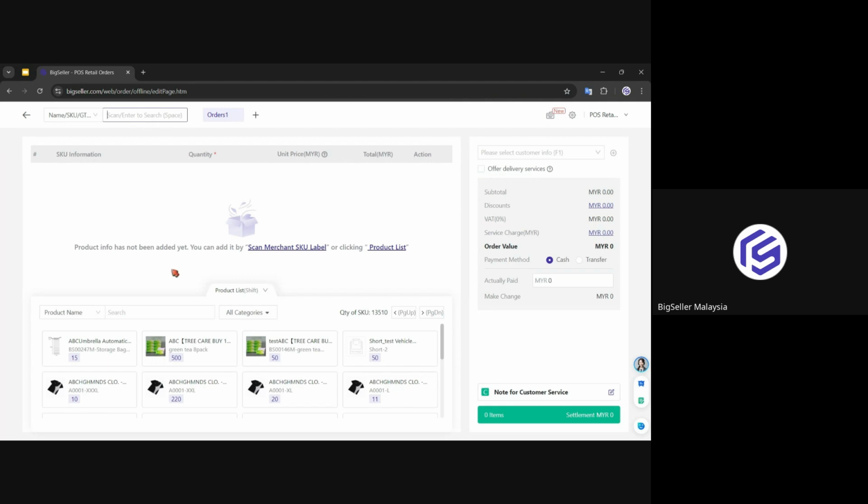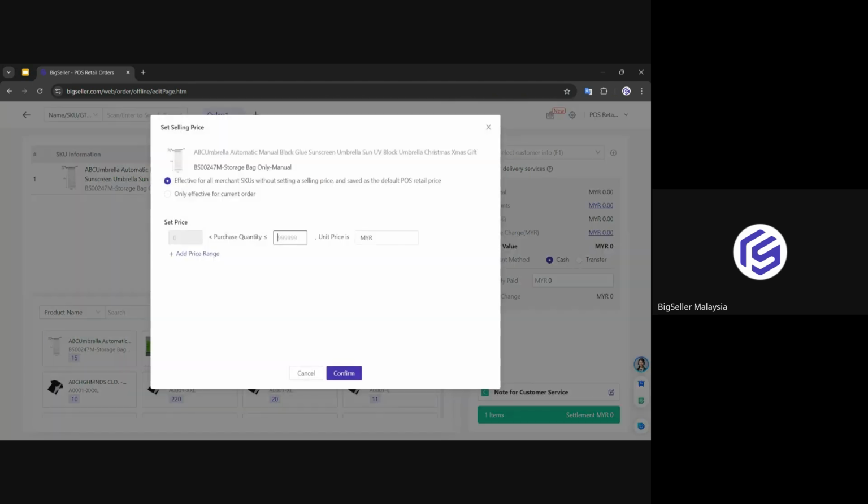All right. So in here, you directly choose which product the buyer buys and everything. And then you can set the selling price. This is because I didn't set the selling price beforehand. If you have set the price beforehand, it will actually appear directly. But it is optional, so it depends on you whether you want to set it earlier or set it directly when you are creating the order. All right. So set the quantity and everything. So for example,